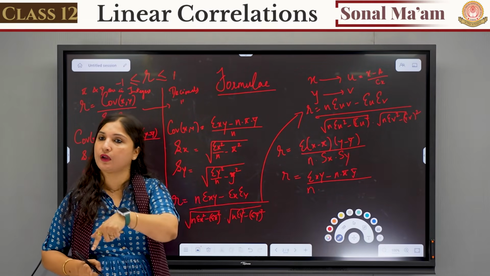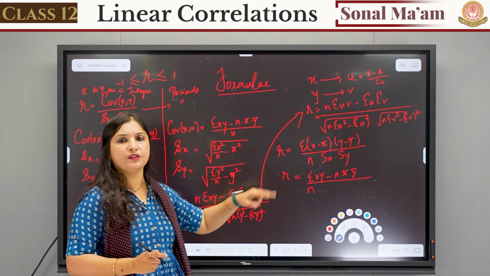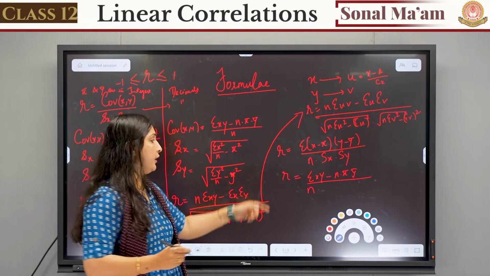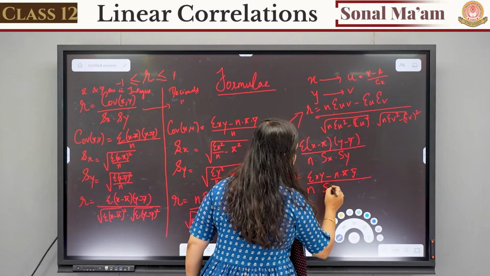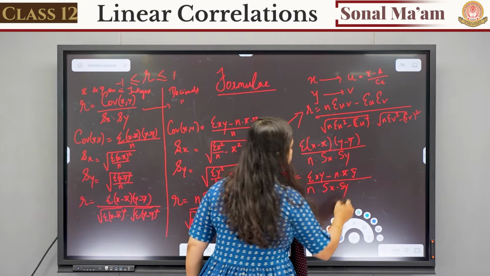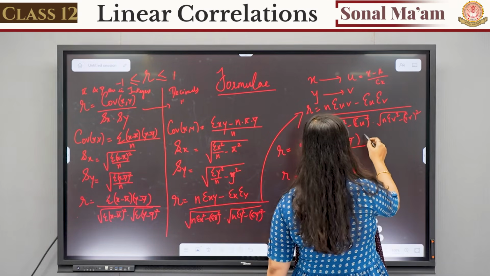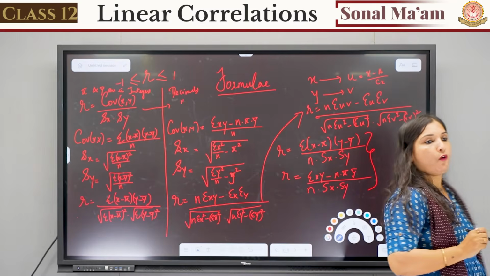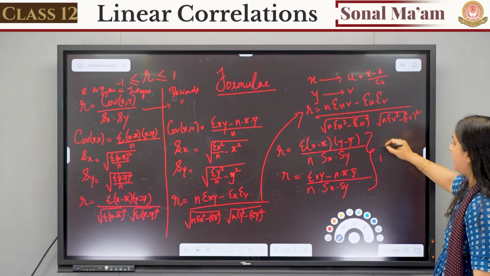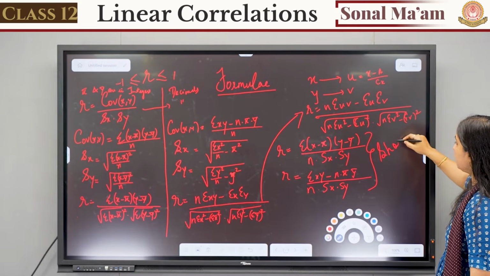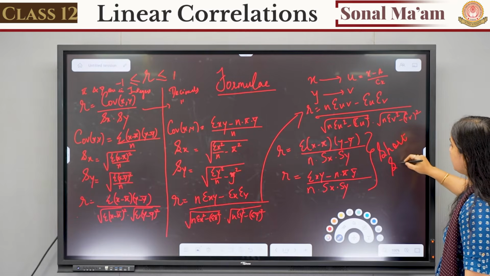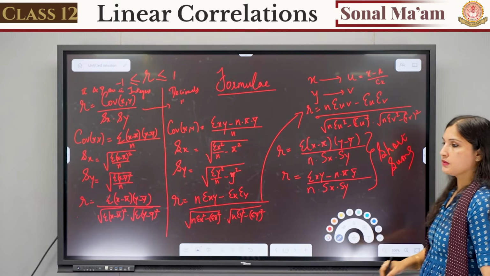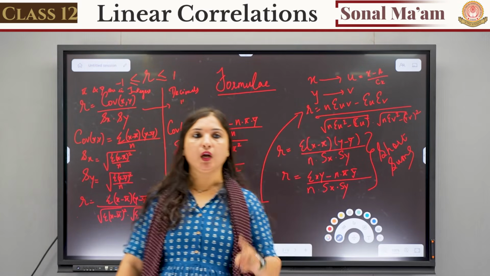So Sx and Sy will also come. It is the same formula, just we are doing the extension. It will be multiplied by Sx and Sy. Now, when will we apply these two formulas? These two formulas will be specially applied in short sums. Okay, so clear? Two more formulas.